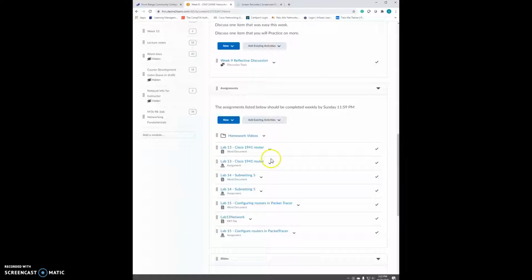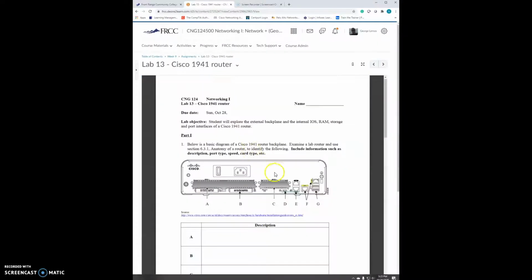So last week, if you were in the Hangout, you heard me say that these represent real life in Packet Tracer. They do give you a very real representation of what working with an appliance will be like, a switch, a router. This week we'll be working on a router, and Lab 13 is all about configuring a Cisco router. Feel free to use